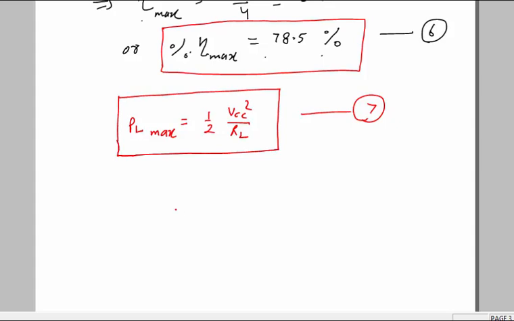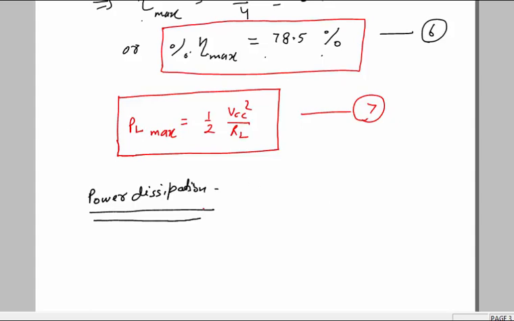Now let's talk about the power dissipation. In class A amplifier we saw that the largest amount of power dissipates when V naught equals 0, but in this case, the power dissipation of class B stage is 0 when V naught equals 0. That is called the quiescent. V naught equals 0, that time the power dissipation of class B stage is 0.